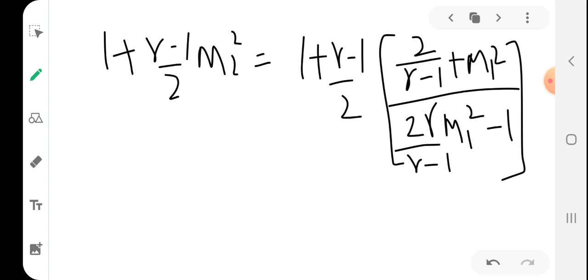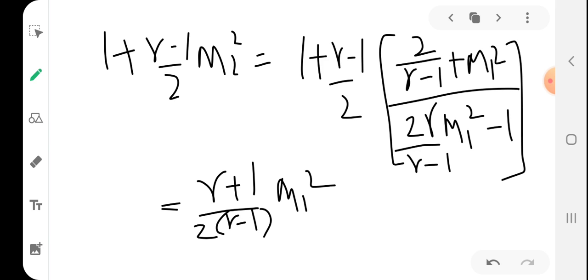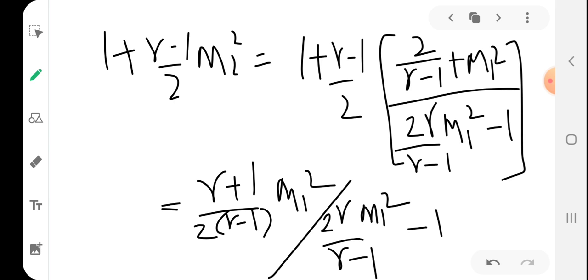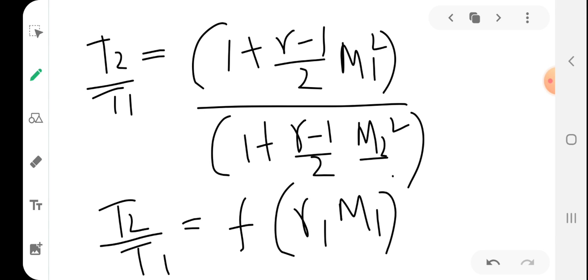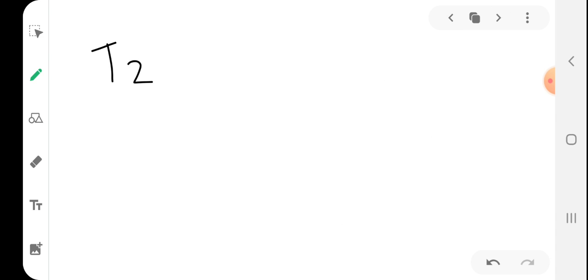So as usual, you have to do simplification, and finally you will get this equation: 2 gamma minus 1 M1 square by 2 gamma M1 square by gamma minus 1 minus 1. So this is the final equation, and after substitution you will get 1 plus gamma minus 1 by 2 M2 square in terms of M1 only. So if you substitute it here, you will get T2 by T1 as